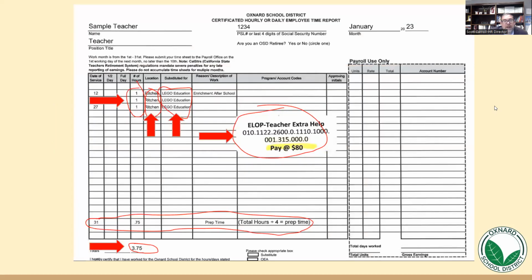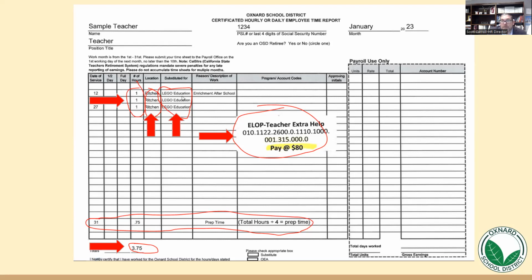All right, so finally we are at that exemplary time card. I want to show you some examples here. One is the time card should already have this feature in it. That's the ELOP hours. That's the budget code that payroll needs to pay. But notice that on this timesheet, it has the date of service, the number of hours, the school site, in this case, Richon,